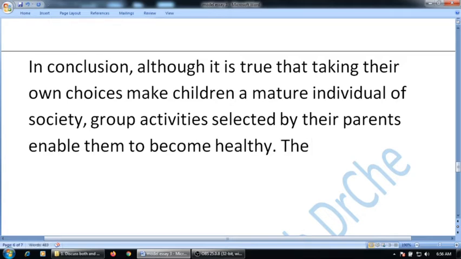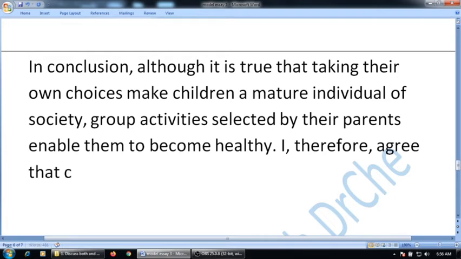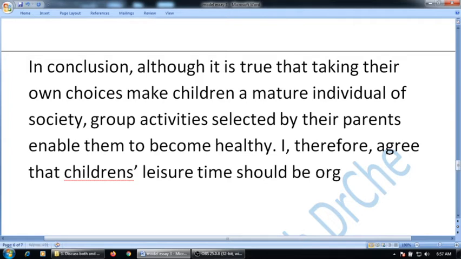Usually I use therefore, I agree, or I agree that. I can use therefore after I. We don't need to use a transition signal at the start of every sentence. We can change it. I therefore agree that children's leisure time should be organized by their